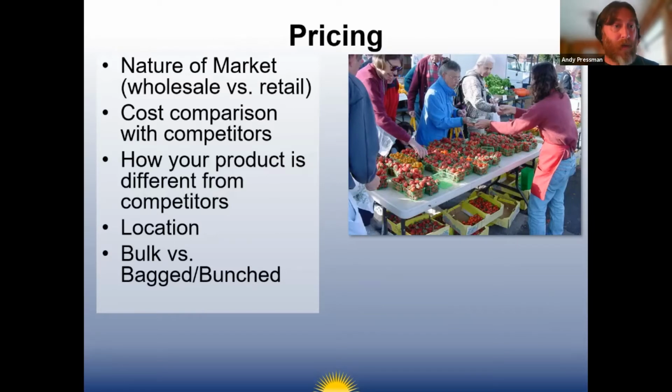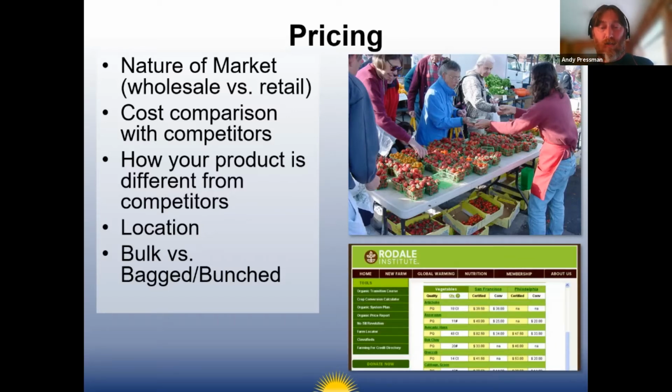So Tammy talked quite a bit about pricing as well, understanding what you're competing against, but I just want to drive home the point here of really understanding how you prepare your products. Is it bulk? Is it bagged? Is it bunched? That can really impact the price. And if you hit enter there, Carlos,